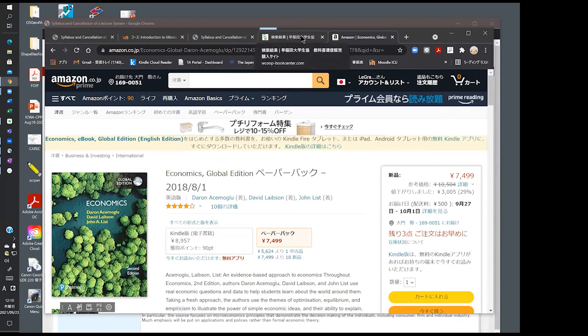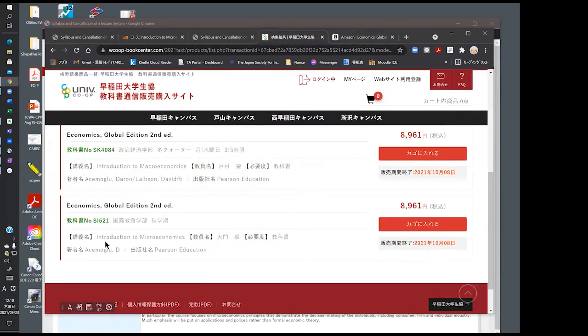If you go to the university bookstore, and this is a trick. Well, you see, this is already some 300 or so yen higher than Amazon. Nevertheless, what I was saying is that they ordered this for us, 100 books, and they will be out of stock soon. So please look at another course, but they're using the same textbook, from the School of Economics and Political Science.